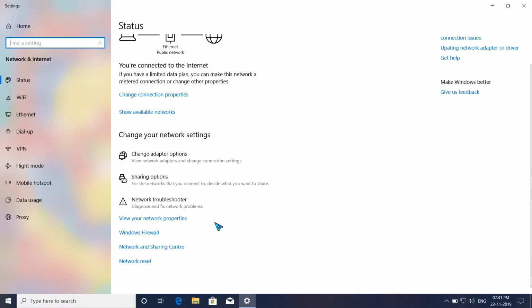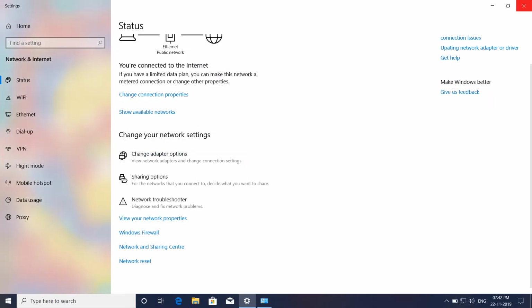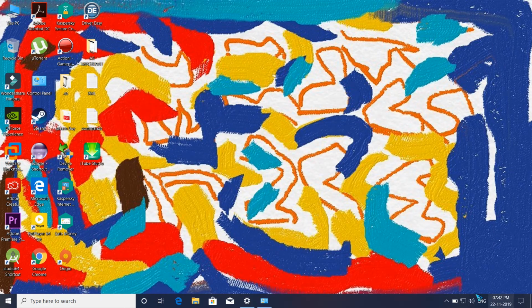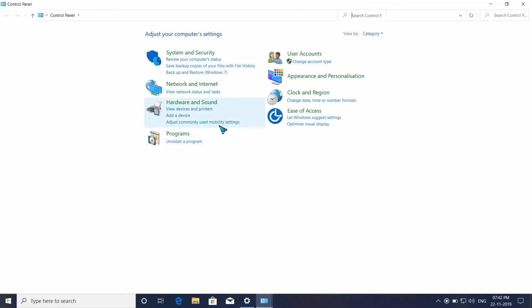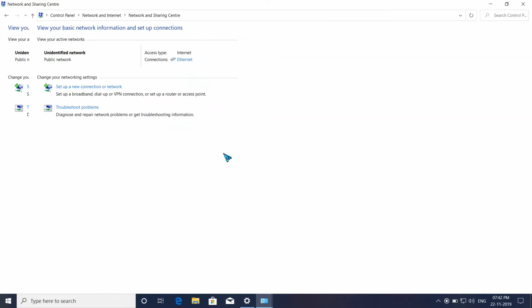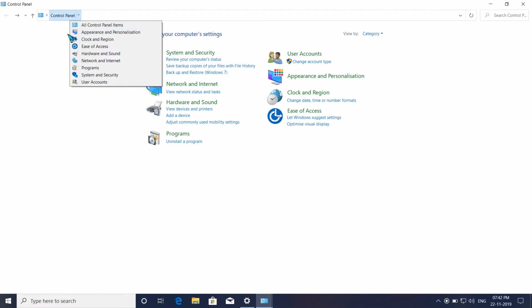So just scroll down below. Here is the setting called Network and Sharing Center. Just open it. If you are unable to find it, suppose your computer has some kind of issue and does not show the network icon here, you can also go to the Control Panel and select Network and Internet status.